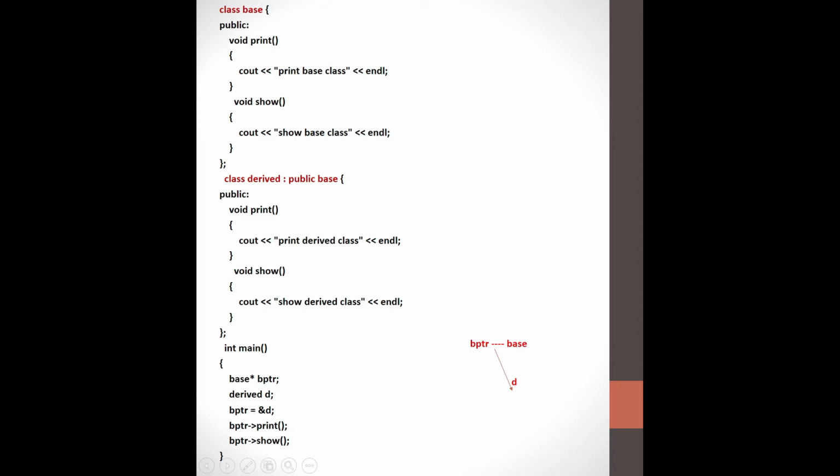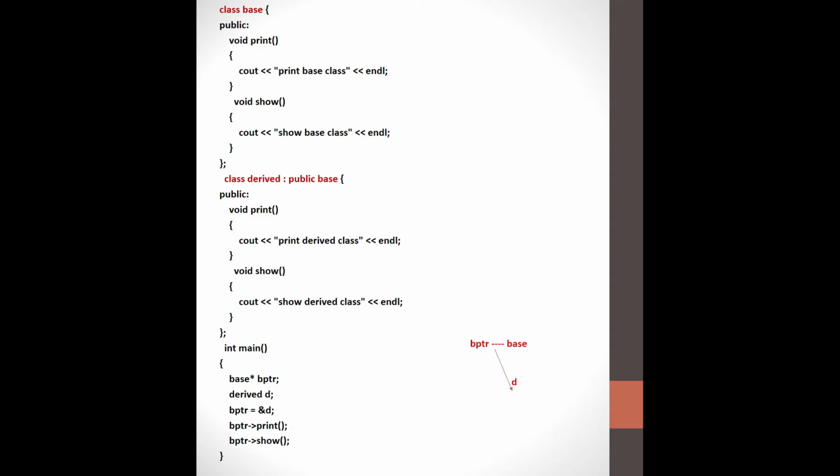It comes to the derived class and sees a print, it comes to the base class also and sees print. You have the same function name in two different classes, which is called an overriding member function. Remember, when you have the same function name in different classes, you call that an overriding member function.